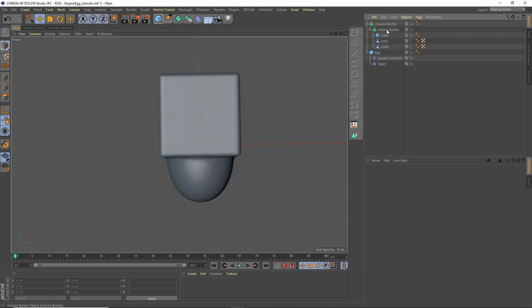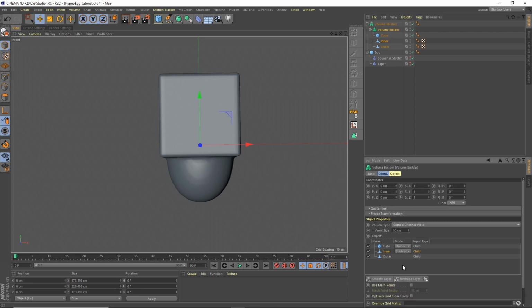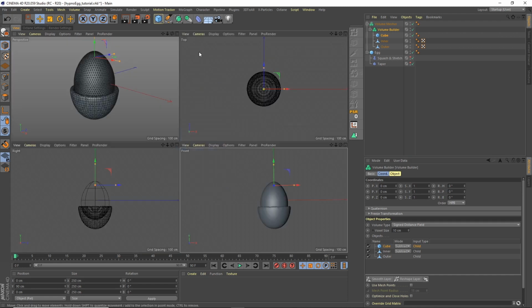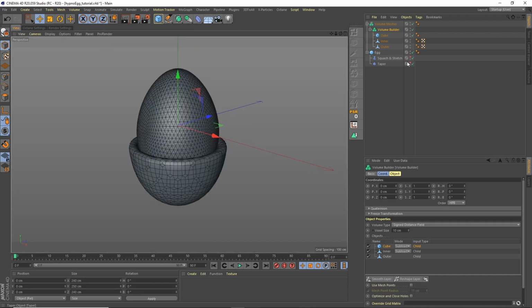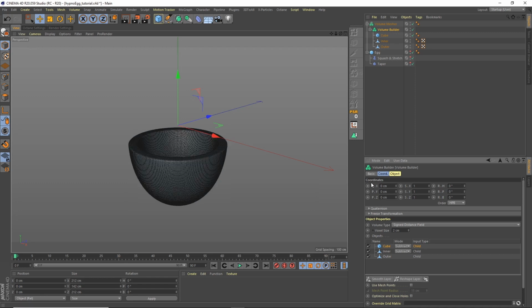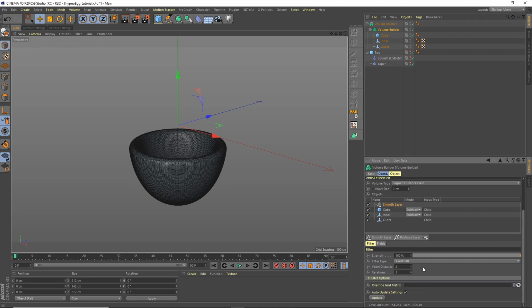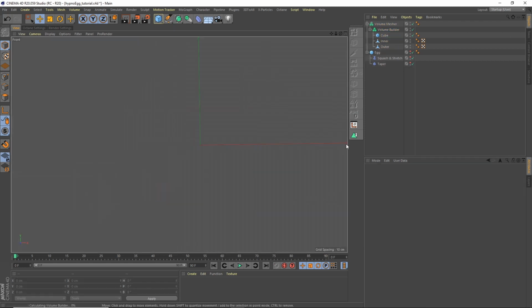Now what we want to do is look at our ordering. So we want the inner to be subtracted from the outer, so that should make like a hollow shape. And then we're going to subtract the cube from that, so then that leaves us with this. If I hide the egg, that leaves us with this kind of top of the egg cup shape. Let's change the voxel size to something like 2, and I'm going to put a smoothing on there of, let's say, 1. Right, now if I go back into the front view,